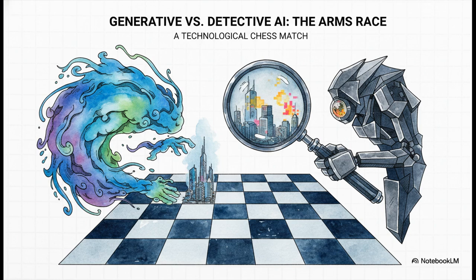We are now in a full-blown technological arms race. We're developing AI-powered detection tools to fight the AI-generated fakes. These tools basically analyze the deep visual patterns of an image, looking for things our eyes would miss, like inconsistent lighting or weird pixel arrangements, the subtle digital fingerprints of artificial creation.